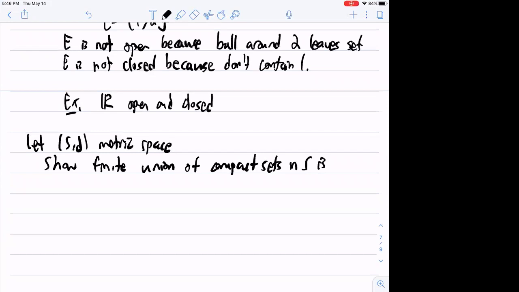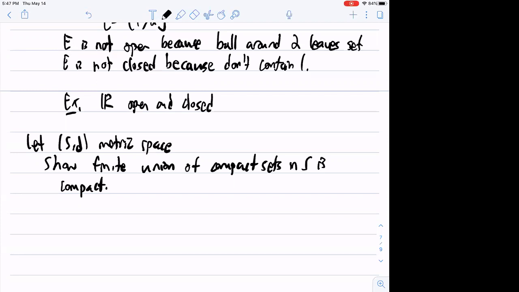So you see, if they said S was a subset of R, this is easy, right? Because what does it mean to be compact? Closed and bounded. So you just need to show a finite union of bounded sets is bounded and a finite union of closed sets is closed. Finite union of closed sets is closed was a theorem, like De Morgan's law. So technically you just need to show a finite union of bounded sets is bounded. It's pretty easy, right? That's why they didn't specify S was a subset of R, or else it would be too easy a question.